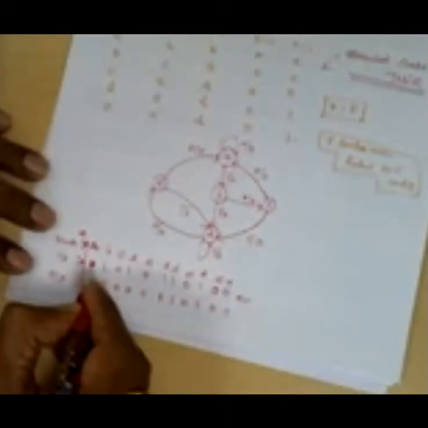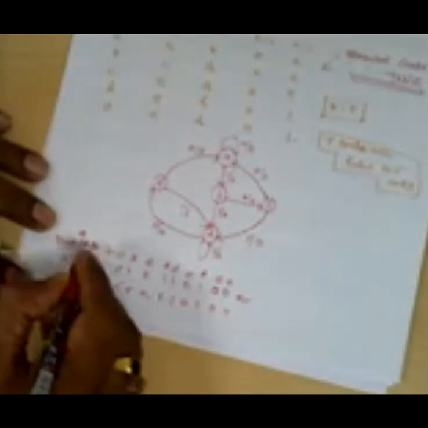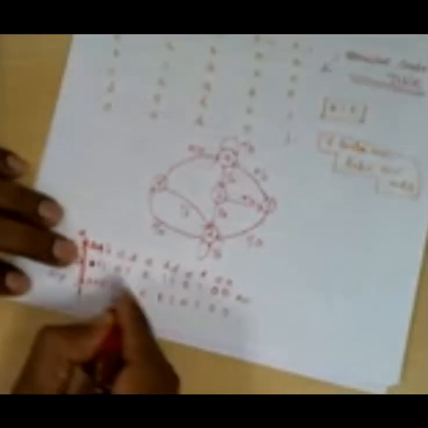Now initially if it is A, what is the input pattern actually, 20 or 10? 10. Then we should go to A here, and one more time A here. Then only this one will come. Then you continue. You understood now? Okay, fine. He skipped that initial state. Now all of you fine?